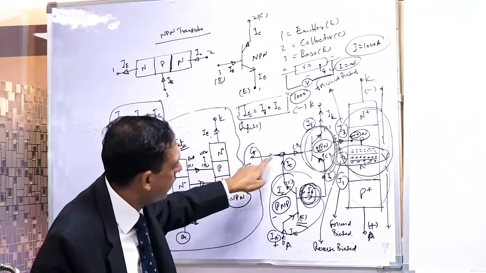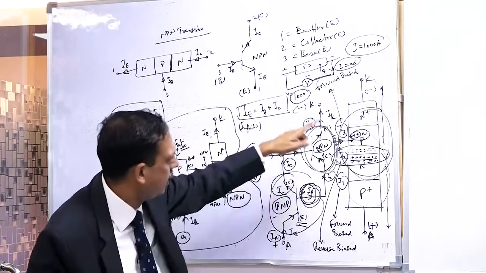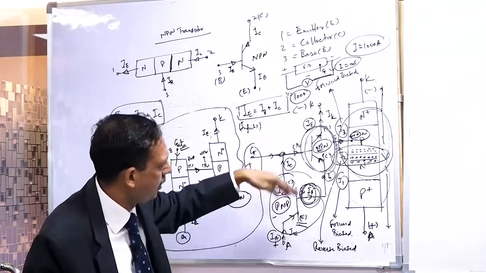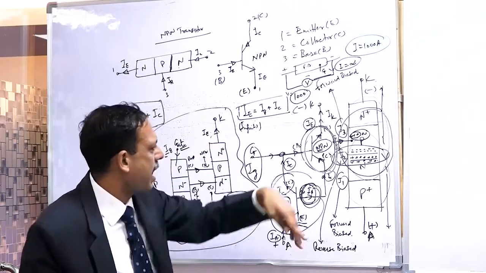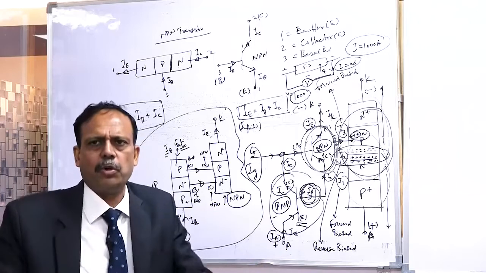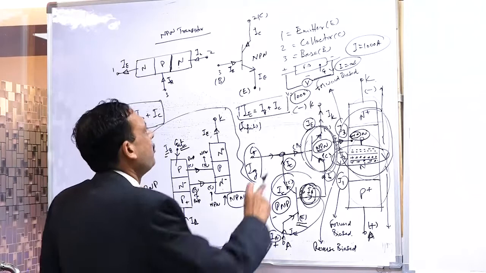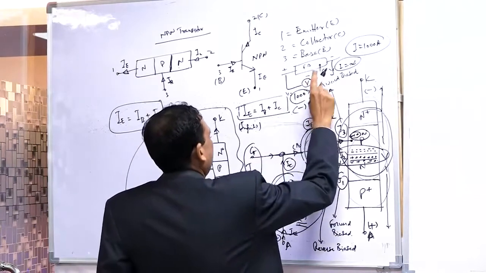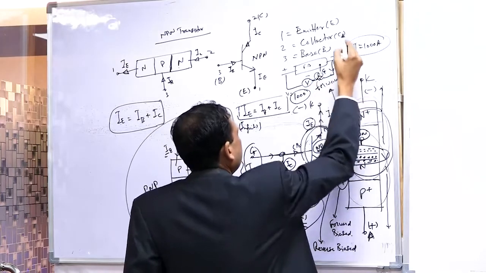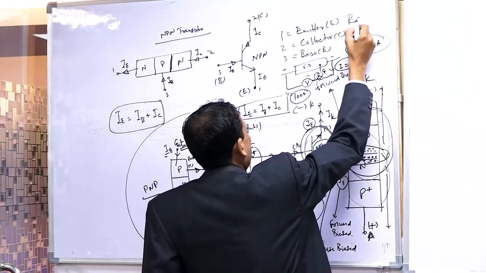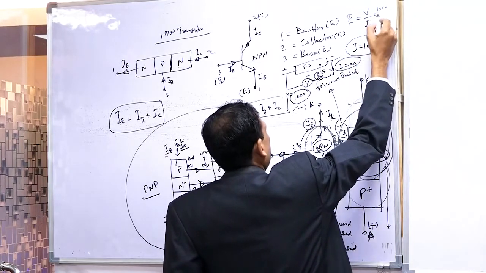Once the gate has triggered, it has conducted, the collector current is increasing. Slowly this positive loop is going to increase the current from the source, and the gate has no role. Once it has started the conduction, the gate stops. There is no role of the gate. Yes, Nishanji, you are right. You have to put a resistance in series. This is called the protective resistance. What is the value of R? R is equal to rated voltage by rated current, so it is going to be 1000 by 1000.